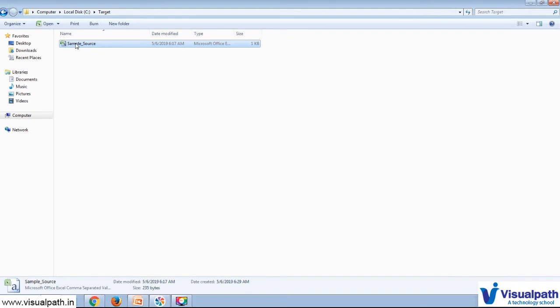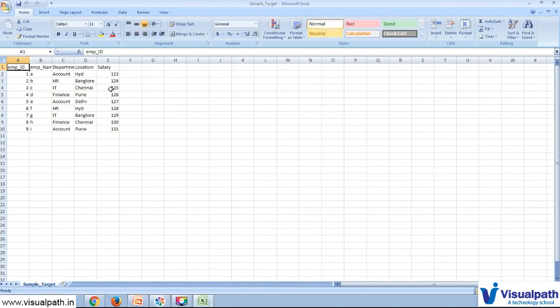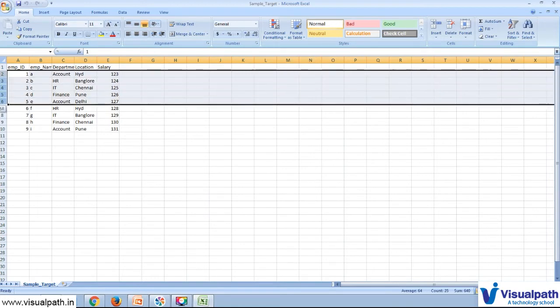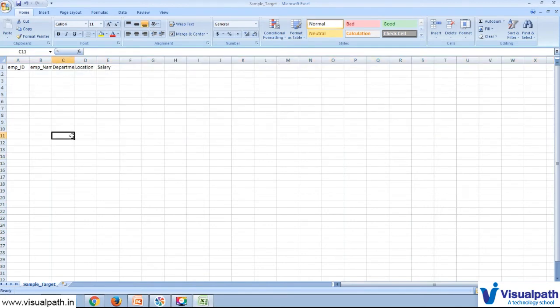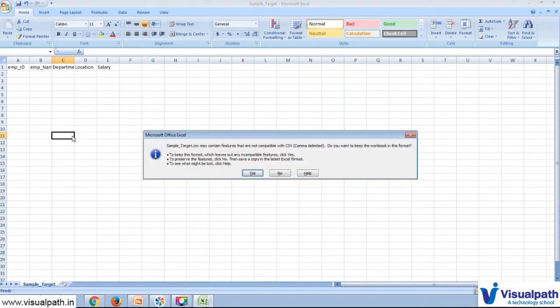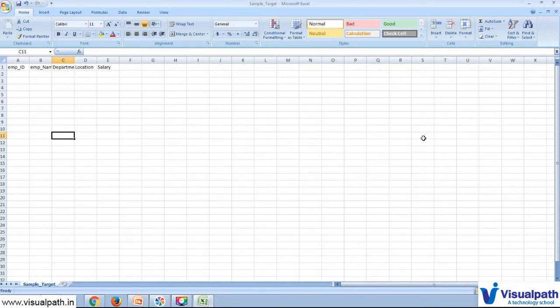I'm going to keep it here and rename it as sample target, and then I'm going to remove the data which is available here. Now we are ready with the target object also.